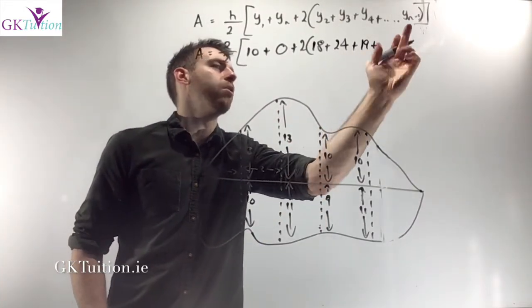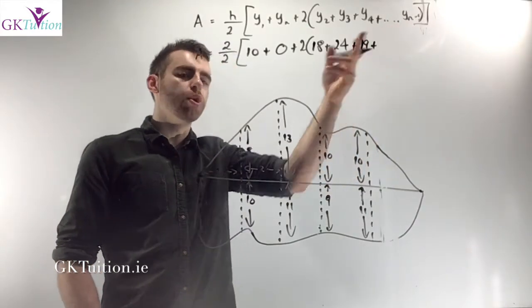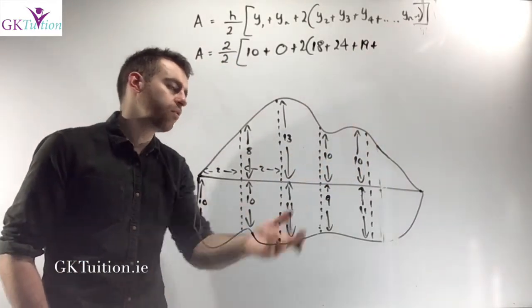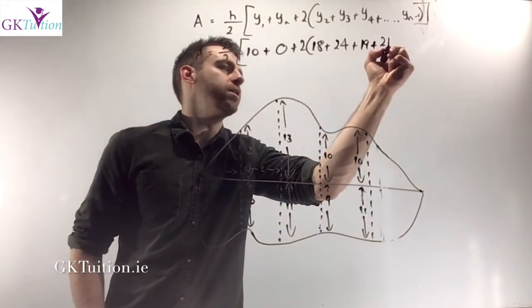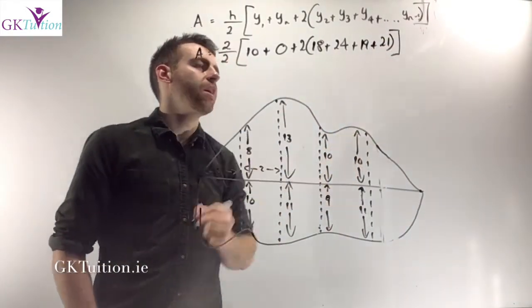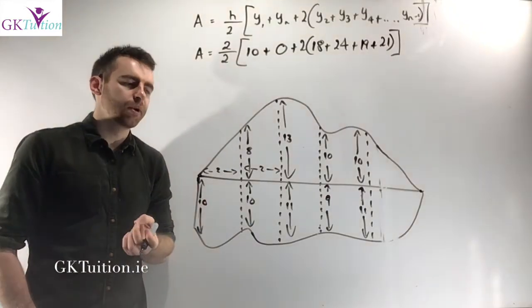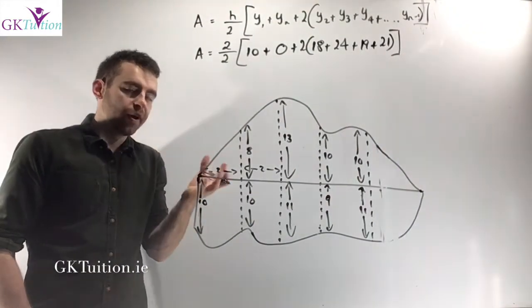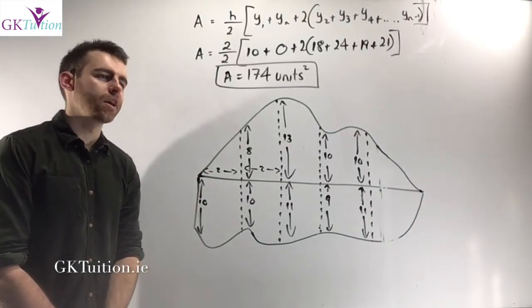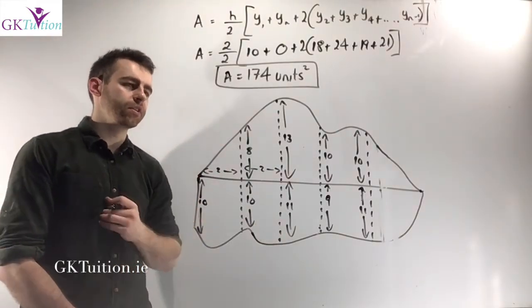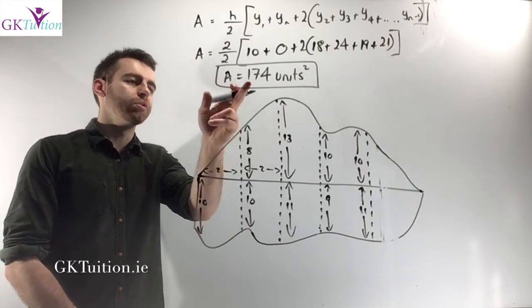And then you keep on going until you get to yn minus 1, the second last height. I've only got one more height that I need to put in. 10 plus 11 is 21, and that's my second last height. All I need to do now is plug all of this into my calculator, and it will give me a rough estimate for the area of this obscure shape. So if you plug this into your calculator, your final answer for the area of this obscure shape is 174